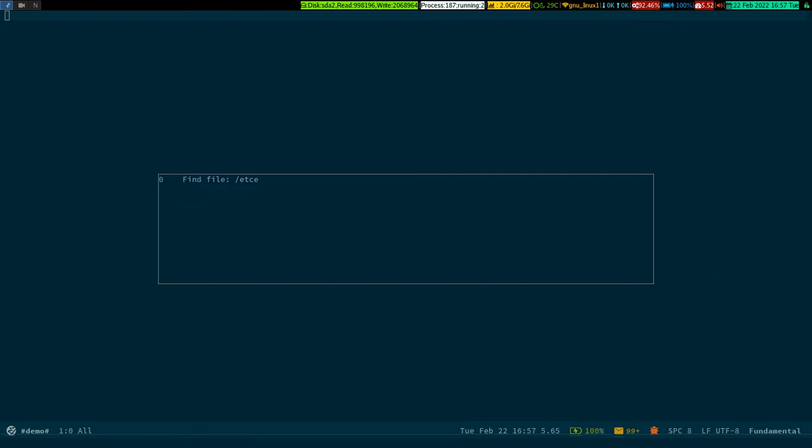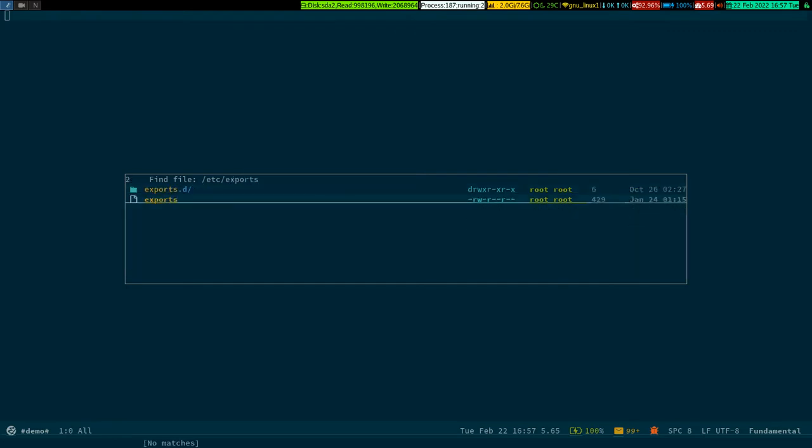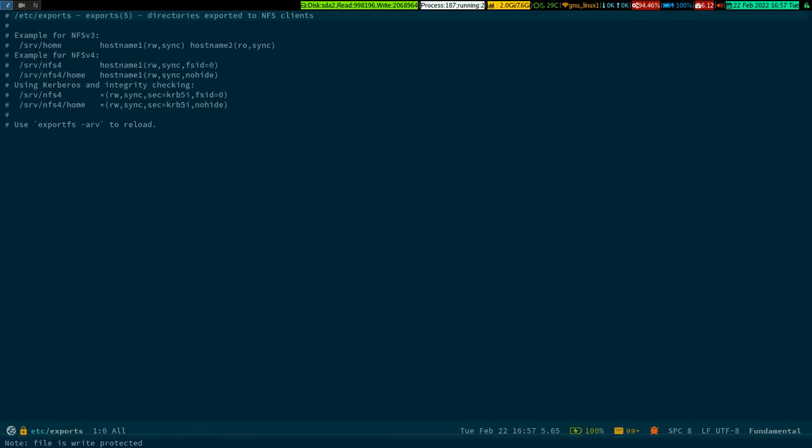For this demonstration purpose, I choose any random file, most probably not so important one, because I'm not running NFS, so I'm picking up that file, exports. Okay, so if I open it now, I go down to the bottom of the file. Let me write some rudimentary text. Say for instance, this is a